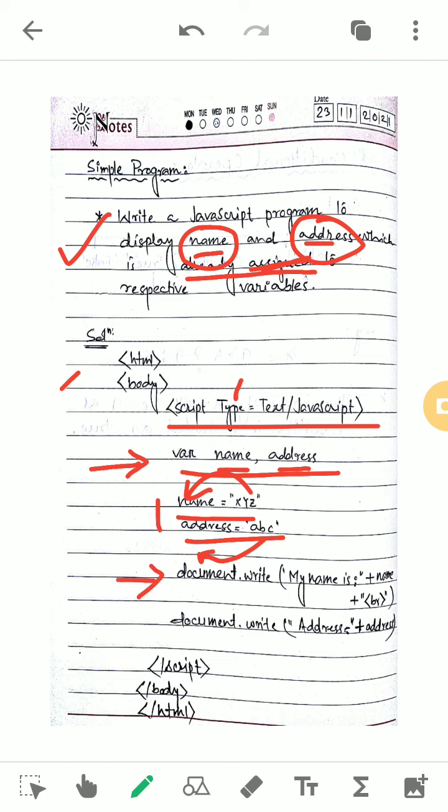So we can use document.write for "my name is", as here it is given. As we know, it should come in quotation marks, you see, in quotation. If we give the quotation as it is, it will come in our output. Along with this quotation, plus name: the value of any variable, if you want to display it, should be written outside of the quotation, and in between the plus symbol should be given, which is known as the concatenation property.